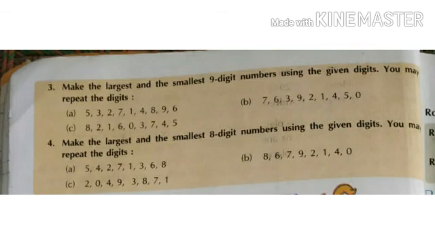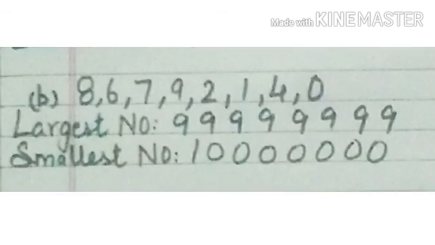86792140. As you are allowed to repeat the digits as many number of times, I know that for making the greatest 8-digit number I need to start with the largest digit. The largest or the highest digit here is again 9, so I write 9. Then I move on to the next digit, which is 8. But now I am allowed to repeat the digit, so if I write the given digit 9 8 times, that will become the greatest 8-digit number, that is 9 crore 99 lakh 99,999.